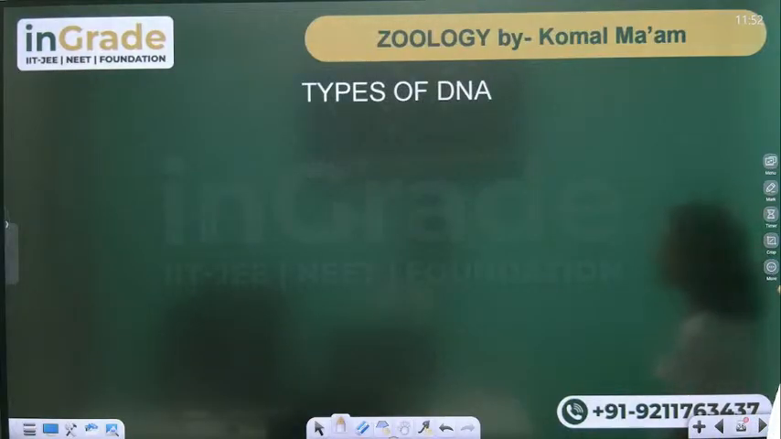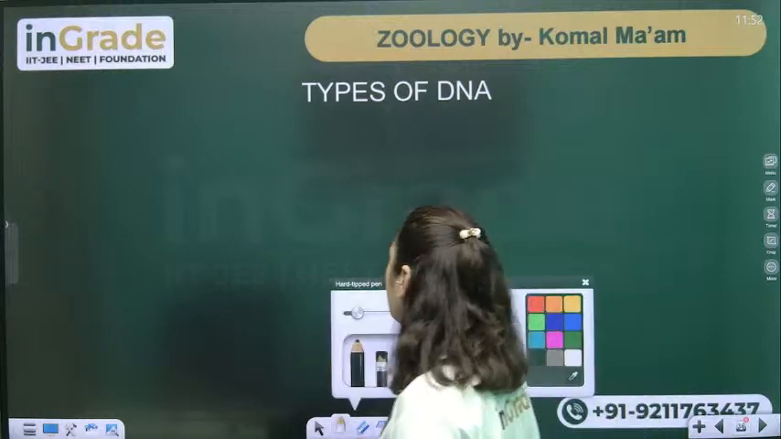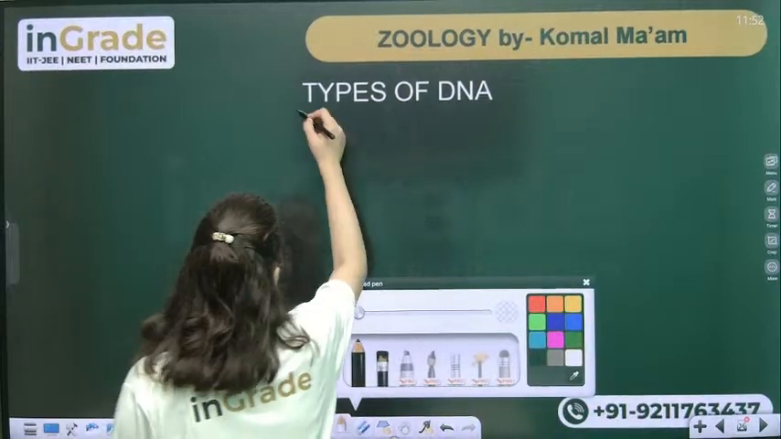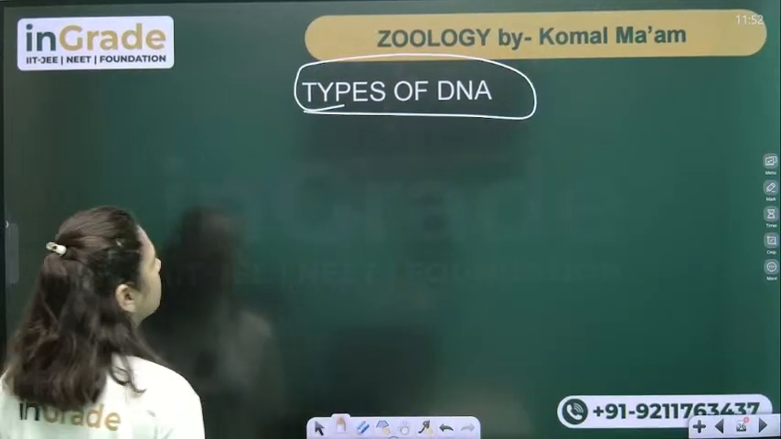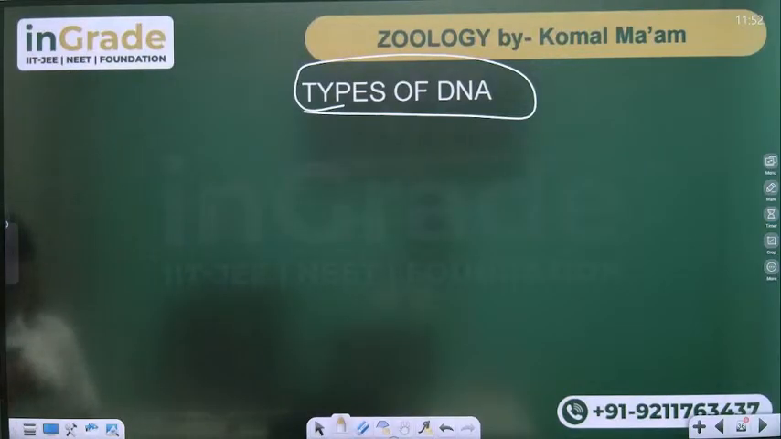Next we have types of DNA. We have 5 types of DNA. That is